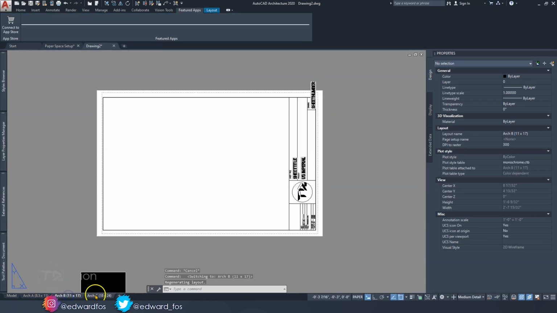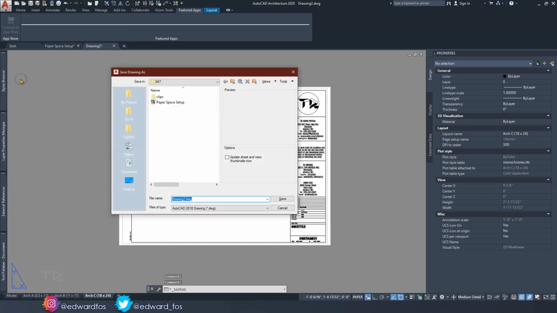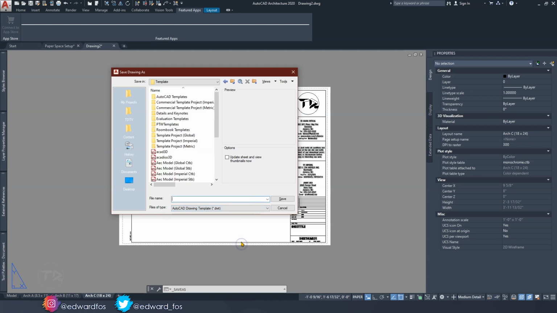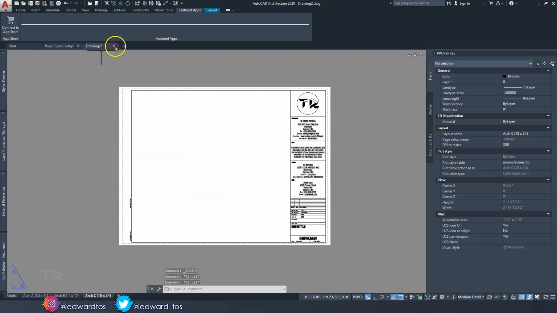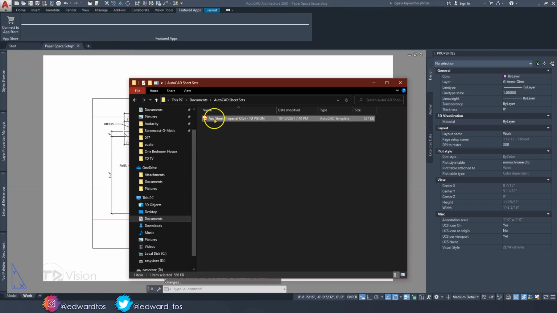make it your own. Once you make it your own, what you want to do is to save as, and go down to this option here and make sure that you save it as a drawing template. Okay, this option here. Once you do that, you want to navigate to your desktop or wherever you want to save that template file and give it a name, and you would save it. Okay, now once you save it, I'm going to exit out of this. Once you save it, it would be wherever you want to save it, and that's what you're looking at here